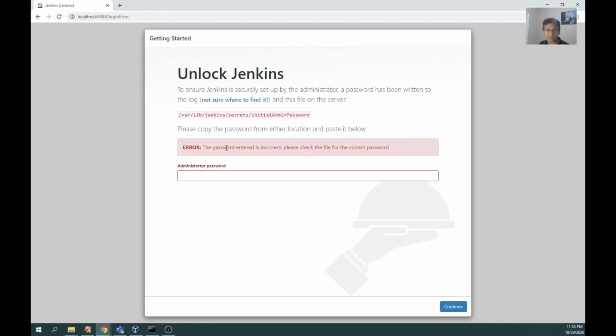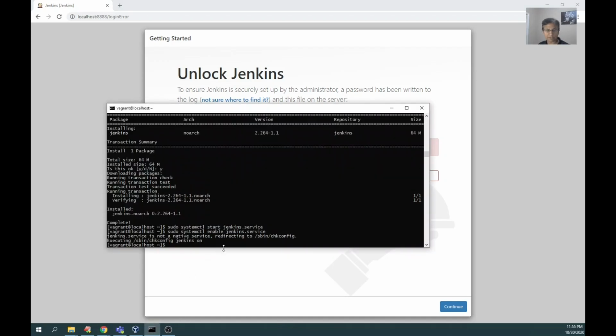Copy the password from the location shown and paste it below. Let's copy it from its location.